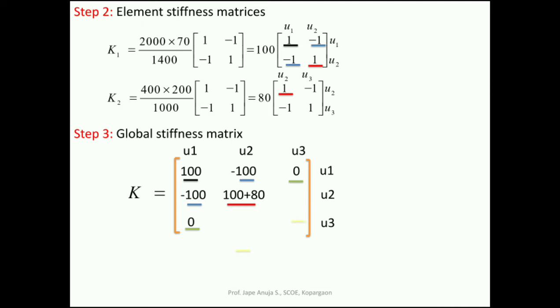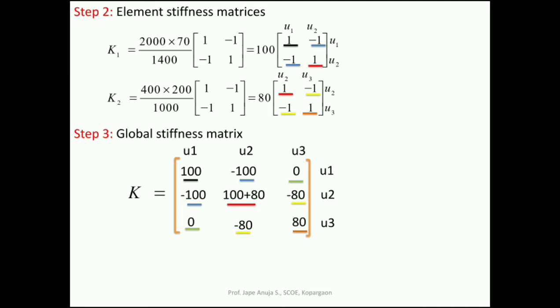Next element, u3 u2 or u2 u3, with the yellow line mentioned here. So assemble from step number 2. Here it is u3 u2 and u2 u3. Okay, so both elements are minus 1 into 80, so minus 80, minus 80 here. And the very last element, that is the 9th, u3 u3, the element in u3 column u3 row. That is u3 u3 in the K2 matrix, it appears as 80 into 1, that is plus 80. So here that plus 80 appears.